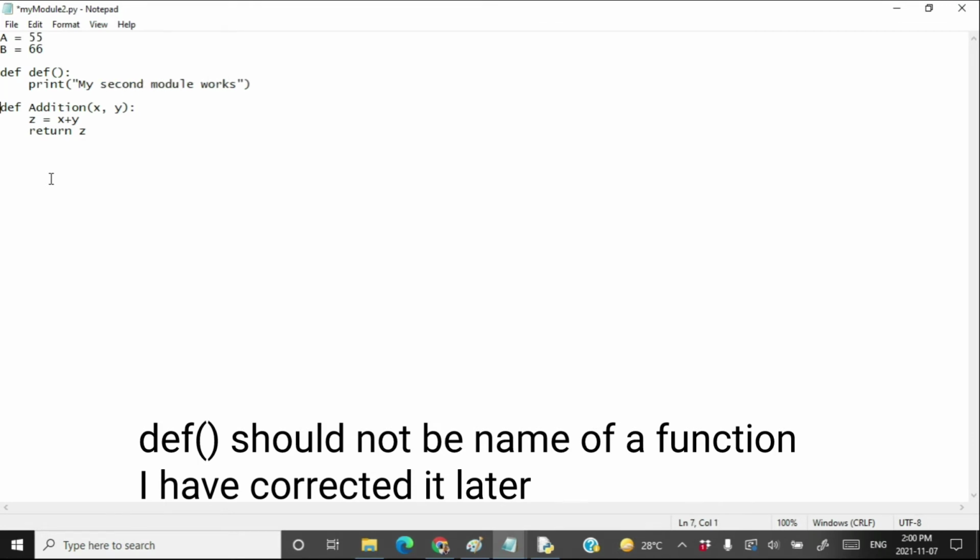And instead of addition, let's write here multiplication and multiply it. X multiplied by y is equal to z and return z. Let's just write here mul. Why write such a long name? Write here mul. Okay, save it.